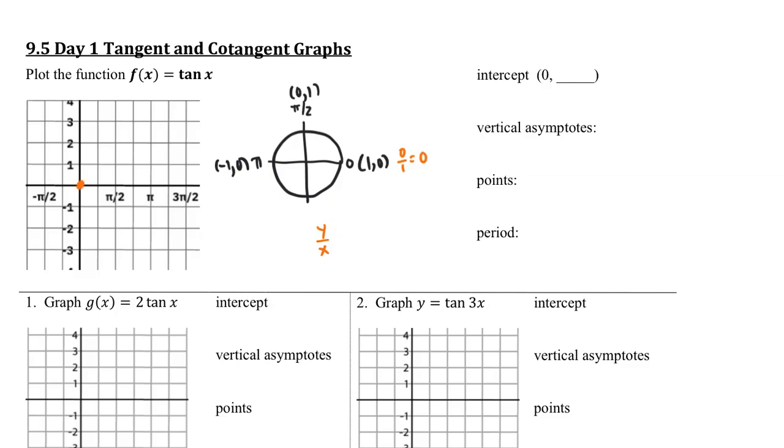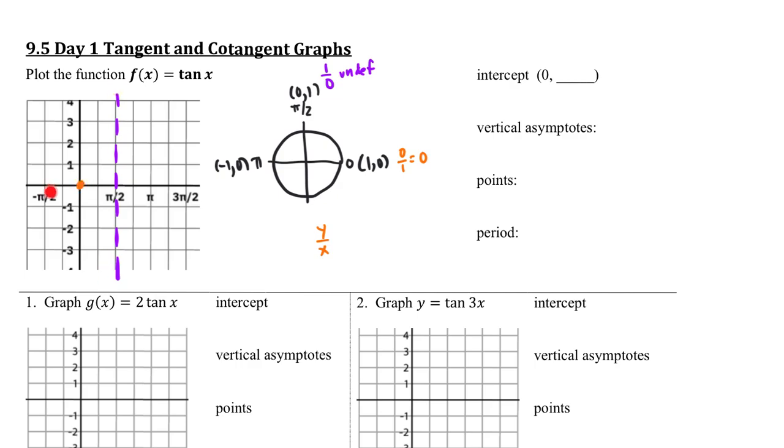Okay, let's go to pi over 2. If I go to pi over 2, y divided by x, undefined. If it's undefined, that means on the graph there's going to be a vertical asymptote there. So at x equals pi over 2, I'm going to go ahead and create an asymptote. Okay, now I have an asymptote here and I have a point here, so even though it's weird, I'm going